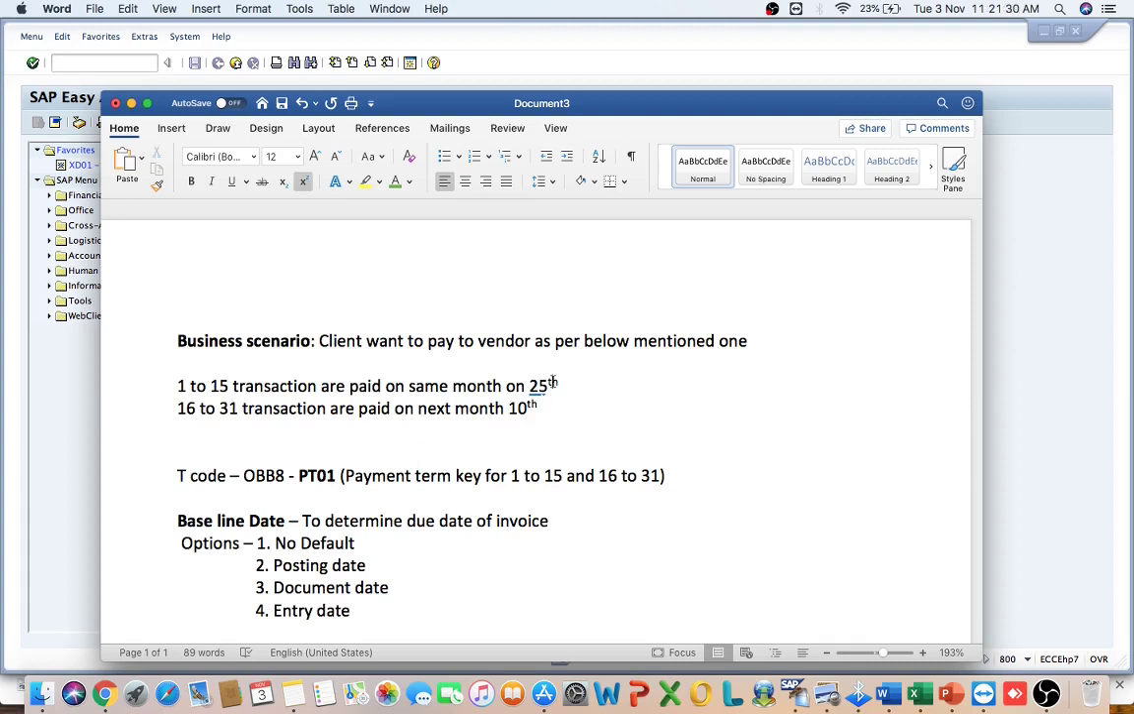and for the other range, from the 16th to the 31st, whatever transaction is tracked in the SAP system will be paid on the next month after the 10th. This is the simplest